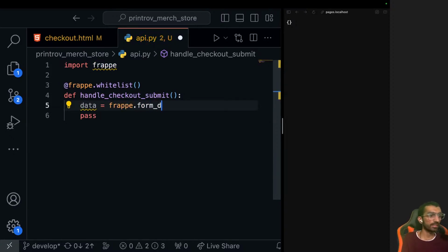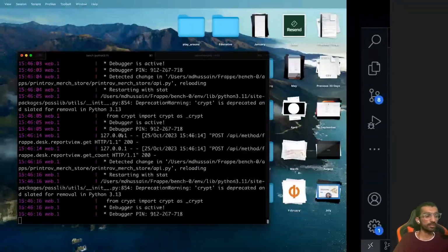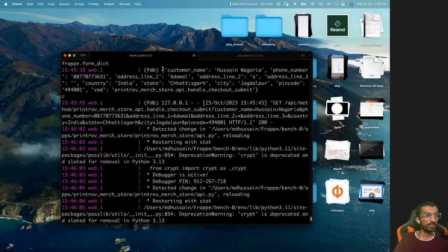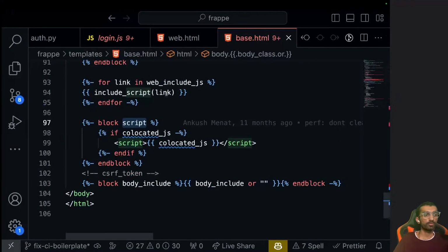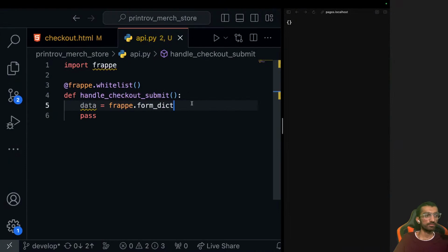So Frappe has taken care of parsing it and everything. So we saw right in the bench, we had all this data. Now we can give this data to create an order. Form dict